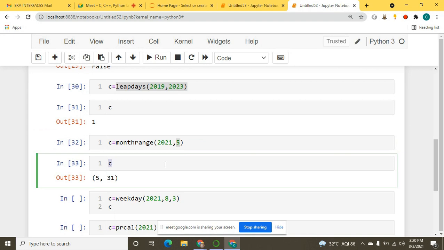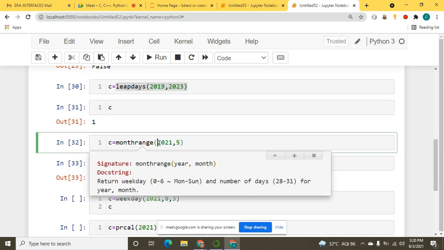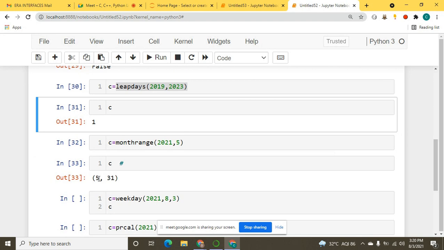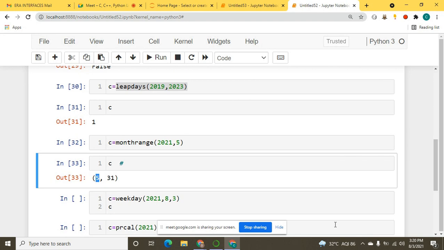This 5 is telling you that by default Monday is 0. When you get the result from 0 to 6, 0 is Monday, 1 is Tuesday, 2 is Wednesday, 3 is Thursday, 4 is Friday, and 5 is Saturday. So here, 5 is telling you that in the month of May, your week will start from Saturday.